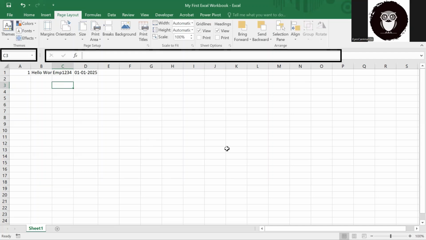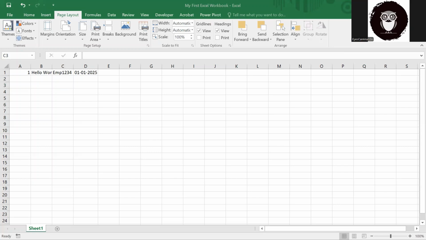Coming back to where we left. Each cell has its unique reference, which you can see here. So C3, D3, B5, you can check here. So let's break this up and explain by an example. If I try to explain it by an example, let's have this hello world being written at C4.